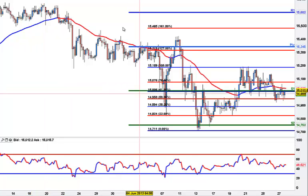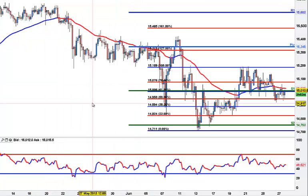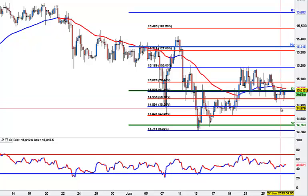Hi guys, let's just take a look at these charts. So we're going to look at 4-hour charts first of all, and I'm going to show you why I was so bullish on the pound yen. If you're a pure Fibonacci trader, you would have bought 149.50 with a stop under 149.20 and picked off the